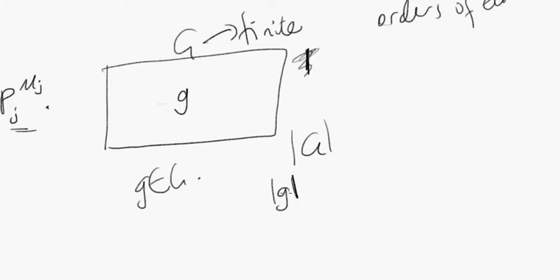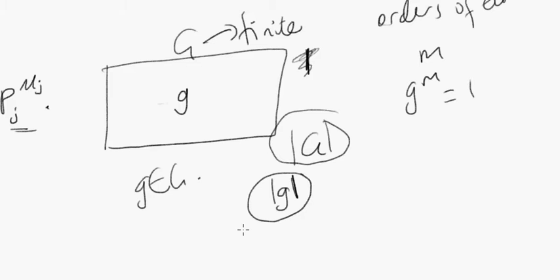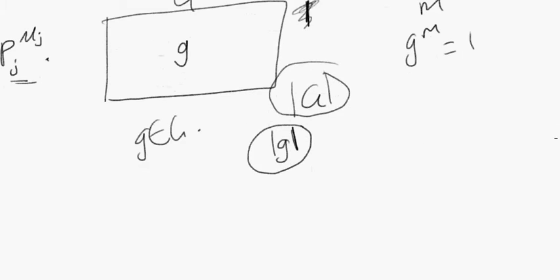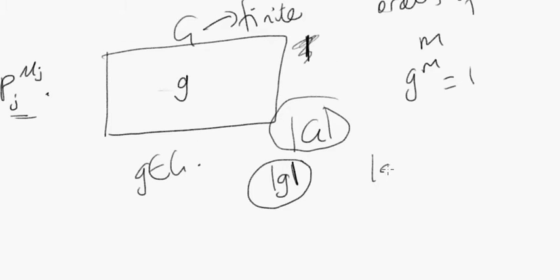And here the order of an element is being defined as the number of times you can multiply the element by itself. The smallest natural number m such that g to the m equals the identity element. That's what it means here. So what's the relationship between the order of the element g and the order of the group big G, given Lagrange's theorem? Well, first question,